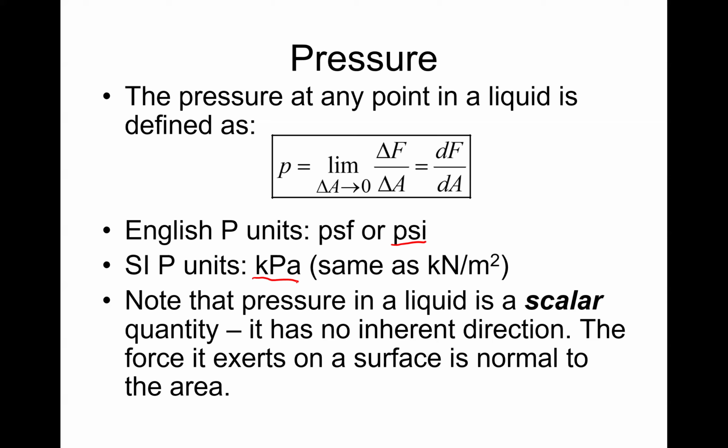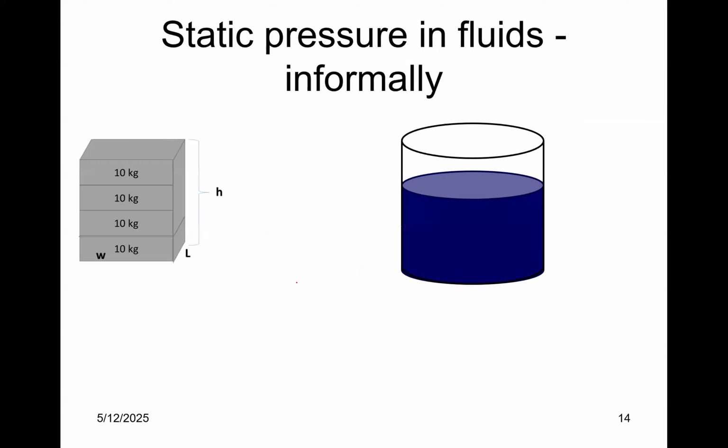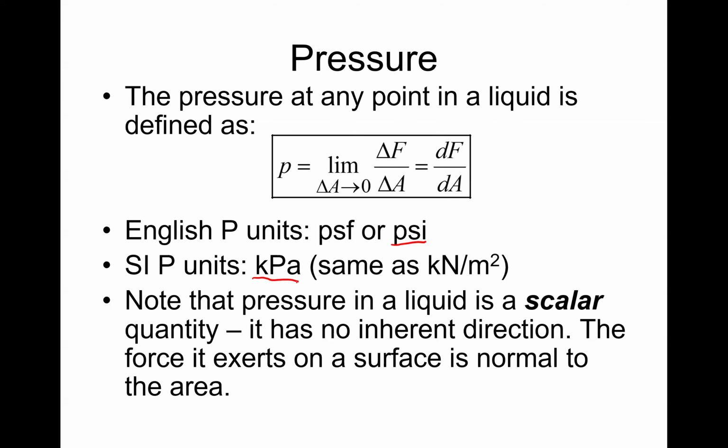I already said that pressure is a scalar quantity. It has no inherent direction, and the force that it exerts is normal to the surface area. I typically explain this as imagining yourself inside a pool. Imagine you go deep and you can feel the pressure of the liquid on your body. It doesn't matter which way you move, you're still going to feel the same pressure. It's always inwards, right? It is normal to the surface area of your body. So that's how you feel pressure